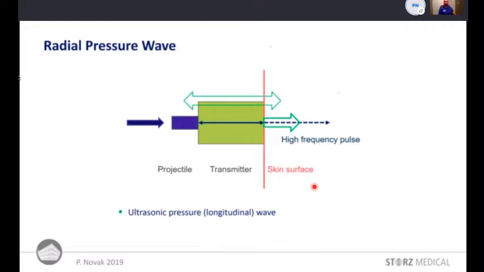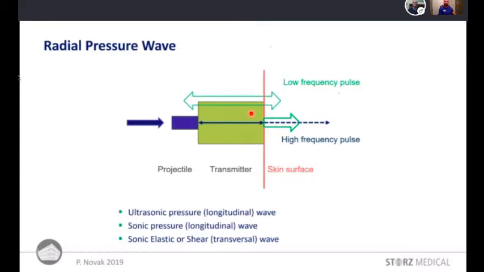But this transmitter is, as I disclosed previously, also attached to the housing and can make macroscopic movement, macroscopic vibrations. And these vibrations have a much lower frequency, in the range of 1 to 10 kilohertz. These vibrations are, of course, first a longitudinal wave, but they also contain an elastic or shear wave, which oscillates perpendicular to the propagation direction, as I showed in the previous slides.